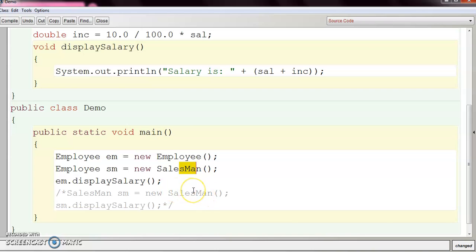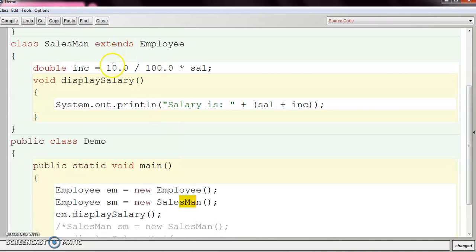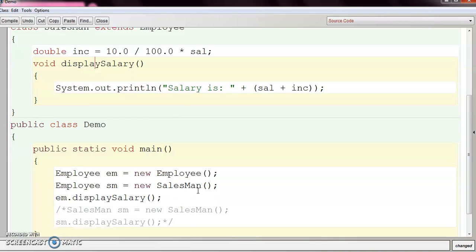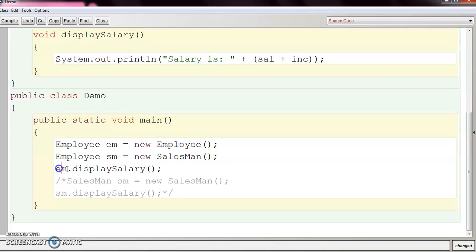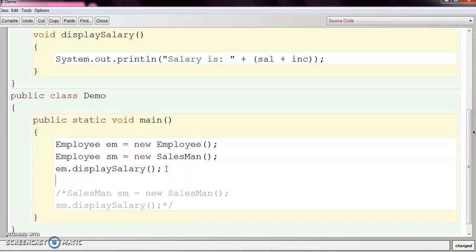Now call the method displaySalary on the superclass references. So it is already here. Now just call it using the other reference, SM dot displaySalary.